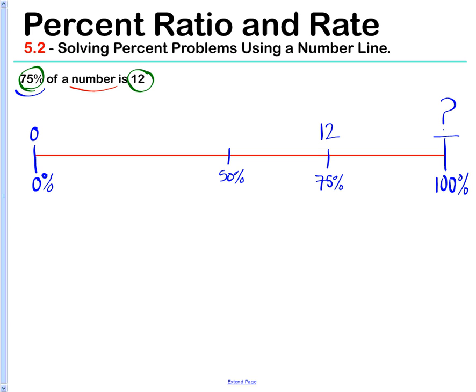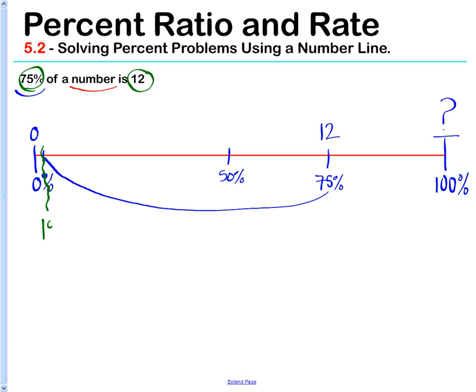If we have 75% of a number is 12, then logically, if we were to divide the 12 into 75 little pieces, we would be able to find out what 1% is. Because we have 75 pieces of 100, and that is equal to 12. Because remember, whatever's on the bottom of our number line is equal to the top. So if we go way back over here to our number line, and we find a spot, we'll call it right there,